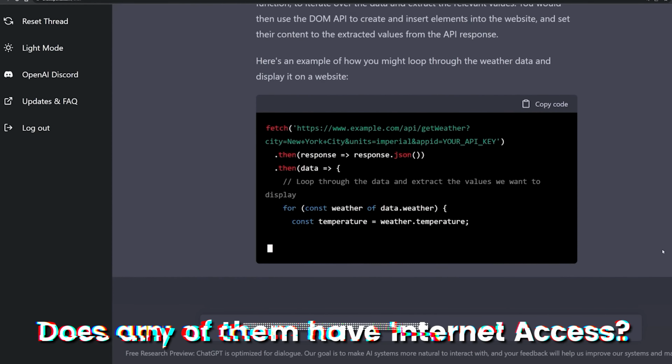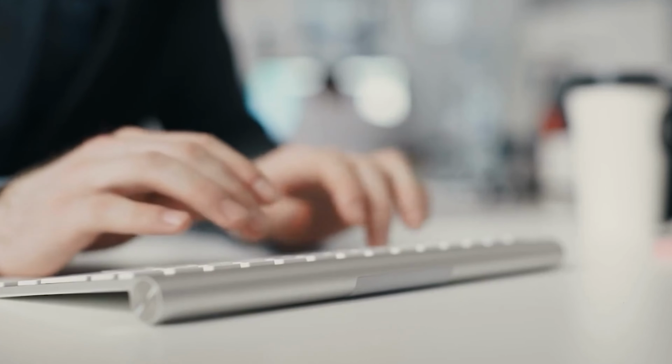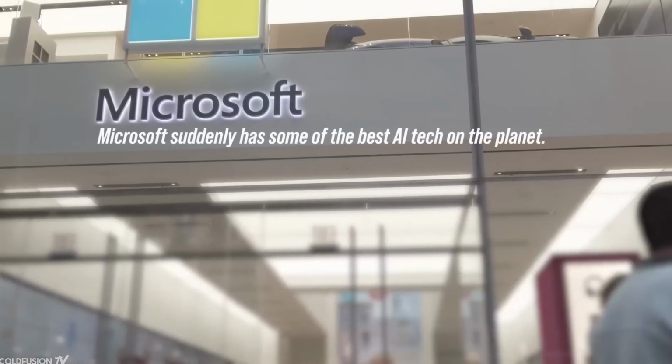So one of the major downsides of using ChatGPT is that it doesn't have access to the internet. Even with the latest GPT-4 model, it relies on a limited data set that doesn't include any information beyond September 2021. As a result, it may not always provide accurate information compared to other bots like Microsoft Bing AI, which can browse the internet for real-time updates.